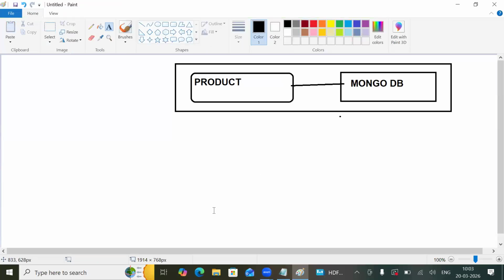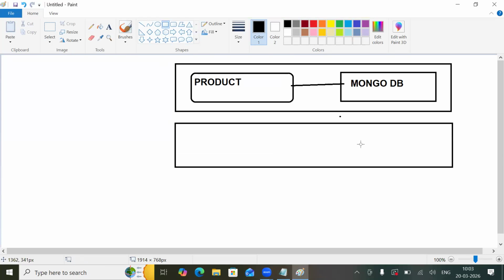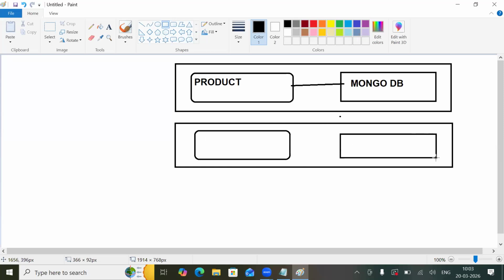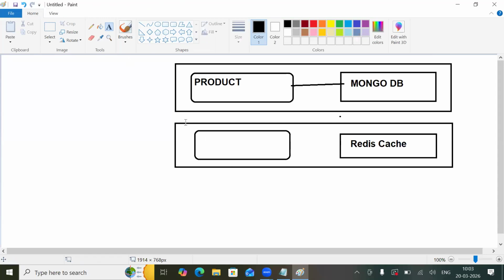Product. Okay. Now I'm going to build another stuff. Here I have one more service, and I have one more database, where I'm having a database called Redis cache. I'm using a Redis cache, and this is called this